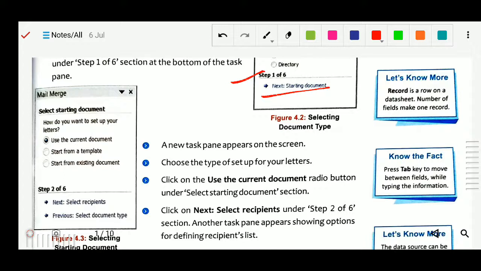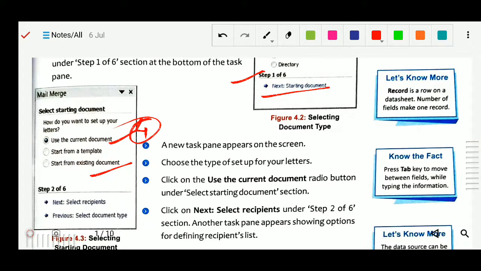Start from existing means a document that is already written and you want to take from your computer. So we will use the current document. This is my fourth step.